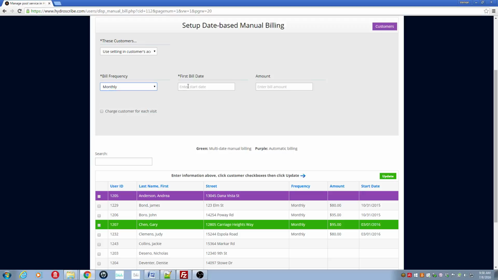The next thing is, when is the first bill going to be produced? Well, since we're setting up the group that wants to be billed on the 15th, I'm going to choose the 15th of the month. The amount field you should leave blank and set up the individual amounts in each customer's